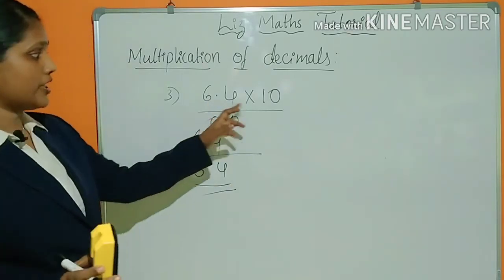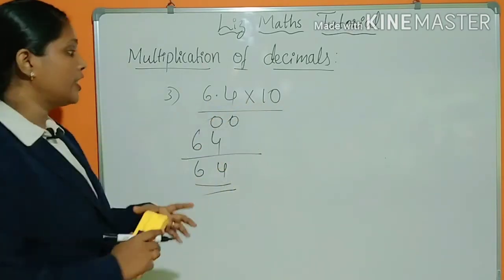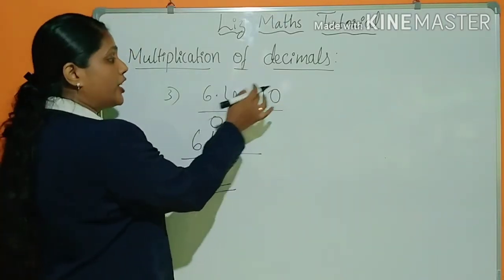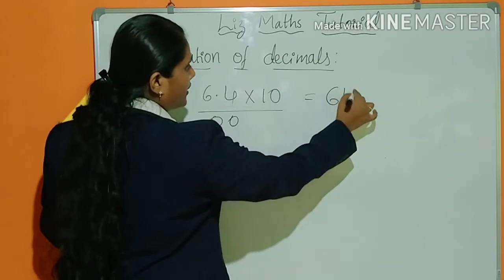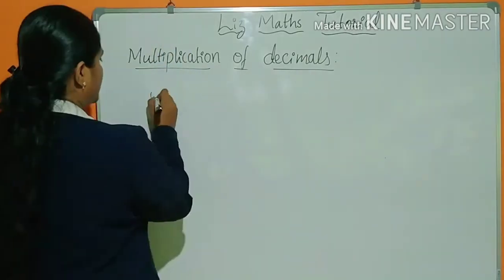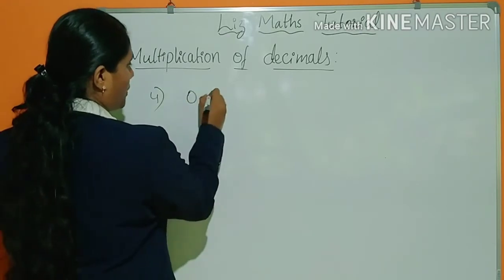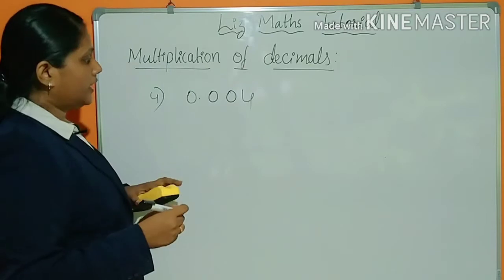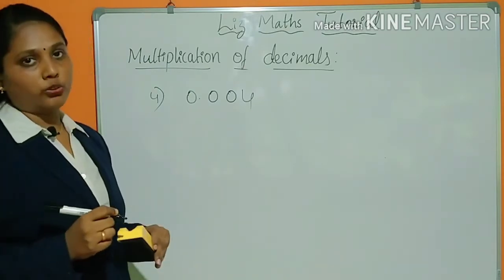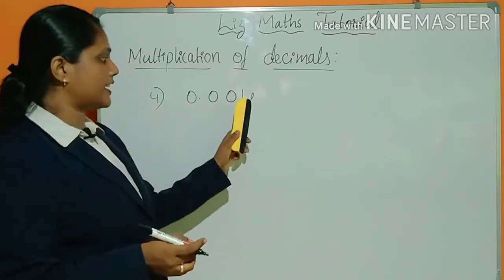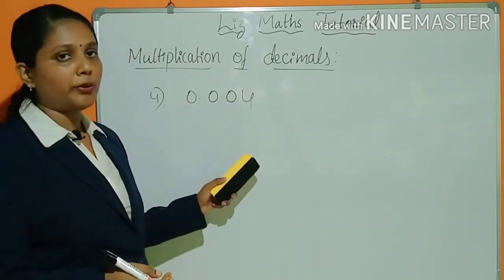So for which number do you have to multiply? Understood? When you are multiplying with the place value after the decimal, you will get the exact value of that. Hope you understood. Now let me take one more example. The fourth one, 0.004. Got it? Here I want to find the value of 4. So which number do you have to multiply? I want the answer as 4 here. So to which number do you have to multiply?